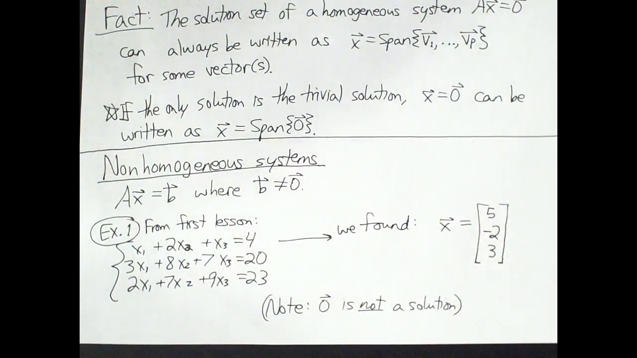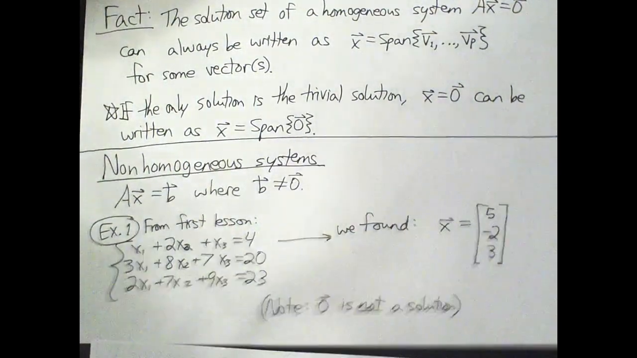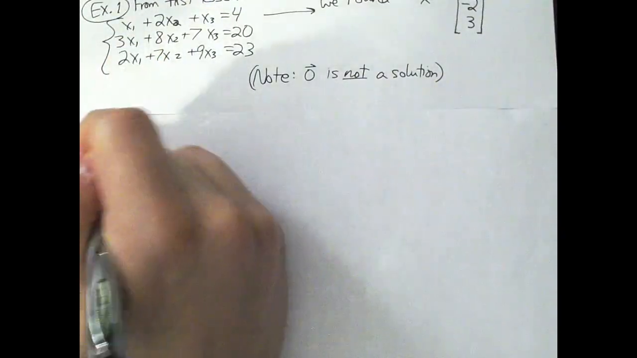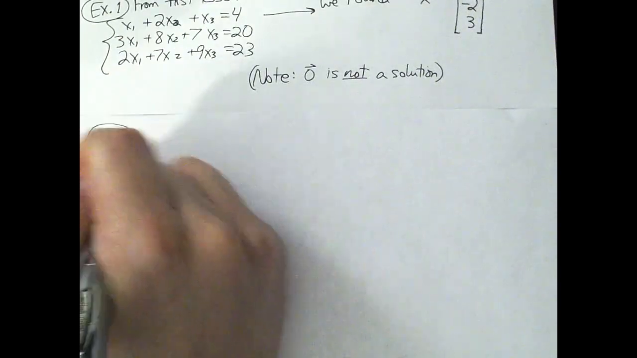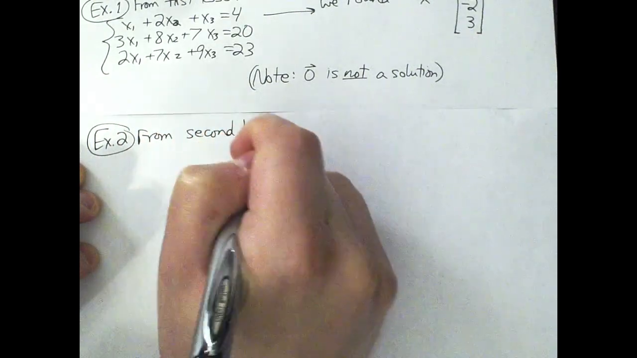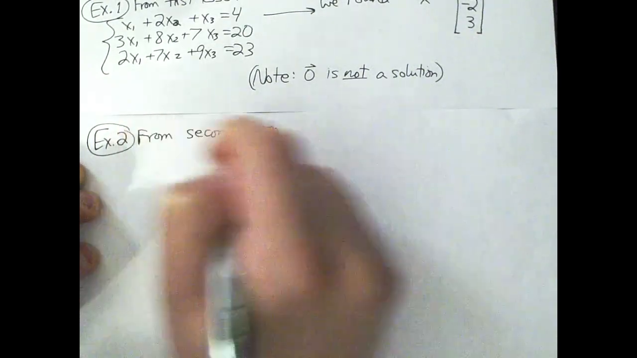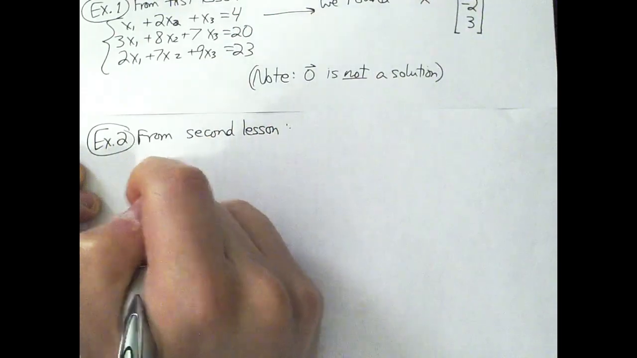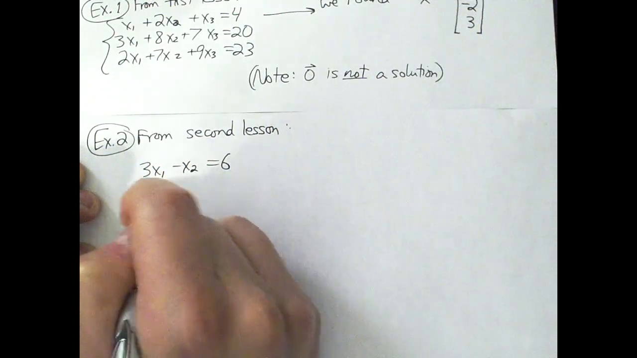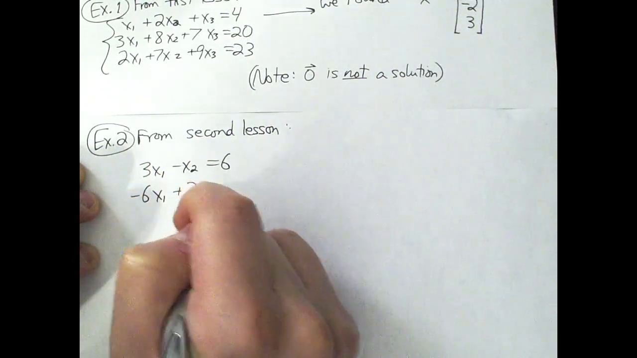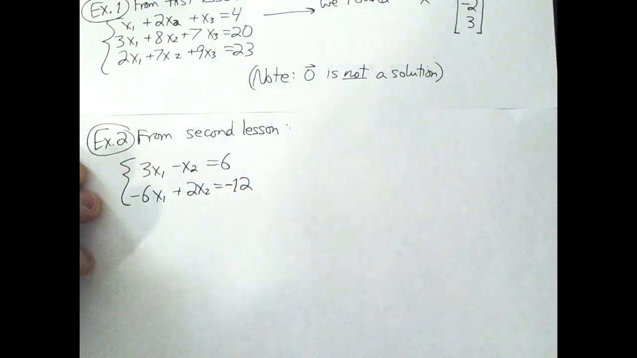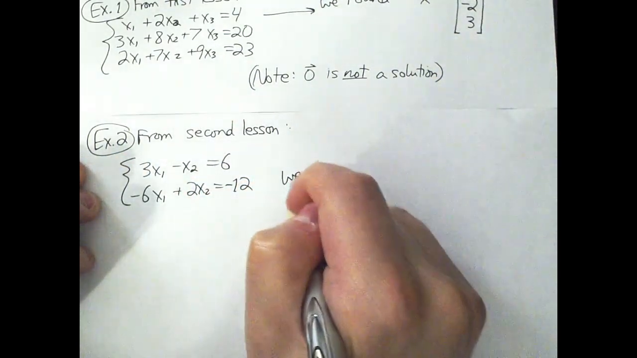We've seen some other examples too, systems where the right-hand side is not all zeros. So, example 2. I think this was from our second lesson this semester. I think that we had one that was 3x1 minus x2 equals 6, and the next line, minus 6x1 plus 2x2 equals negative 12. So I would call that a 2 by 2 system. And we found,